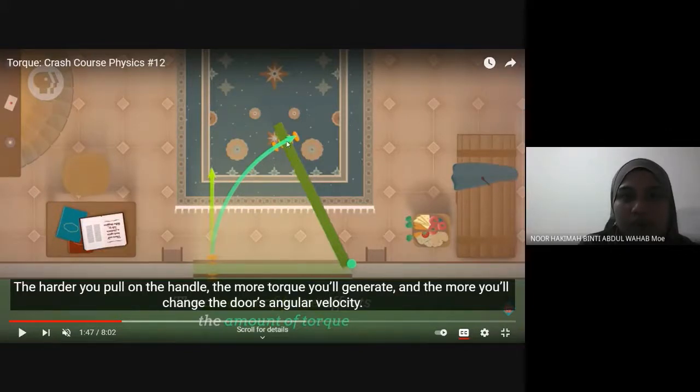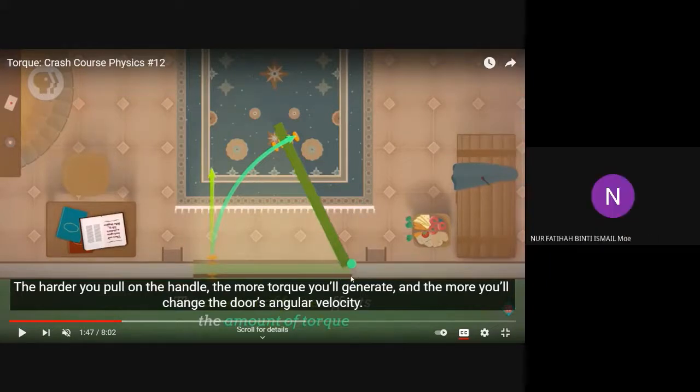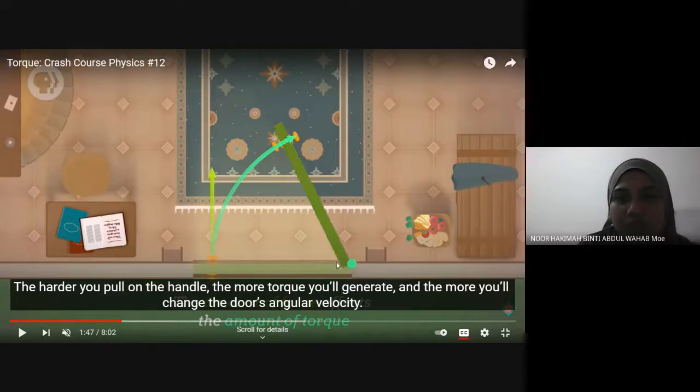So fixed point dia adalah dekat, nampak ke mouse saya bergerak-gerak? Nampak. Okay, so dekat mouse saya ni, saya tunjuk, this is the fixed point of the rigid body. So rigid body kita dalam kes ni adalah pintu ni. Okay. So pintu ni yang rotate. Alright. So let's say what happen if